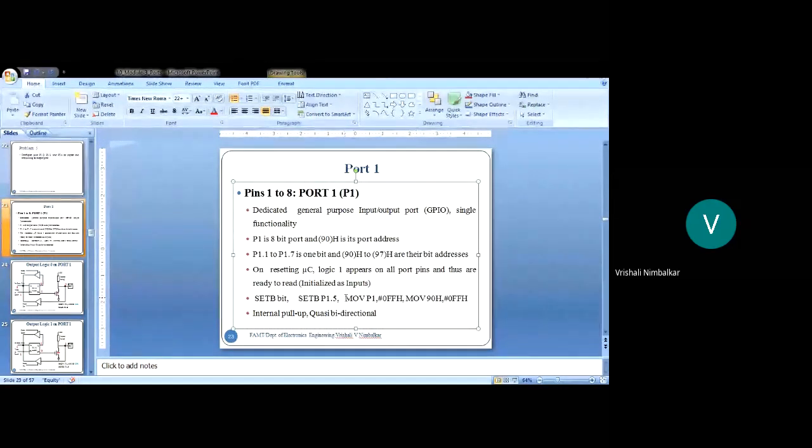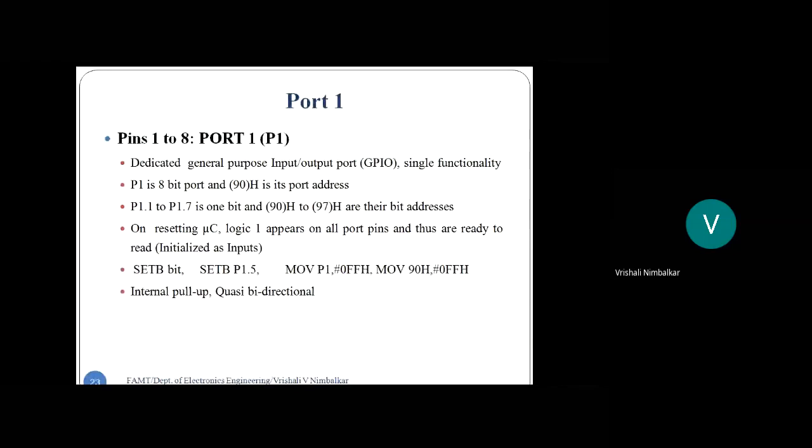So both the instructions are doing the same thing. And now this port 1 has an internal pull-up already. Inside the circuitry of the microcontroller, there is an internal pull-up already present, so we need not do any external connection for the port to function correctly. So port 1 has an internal pull-up.